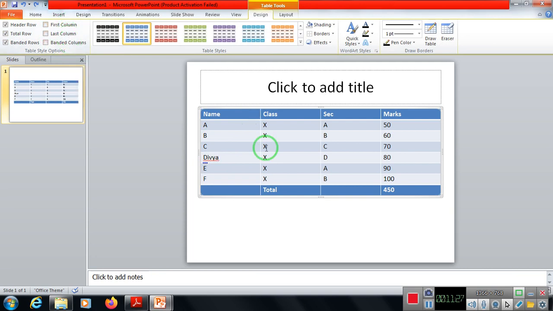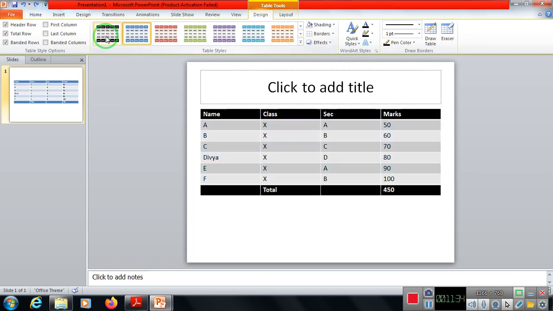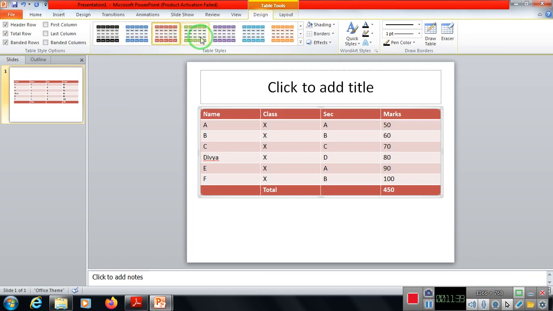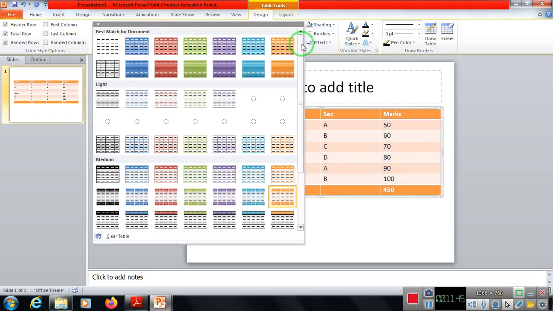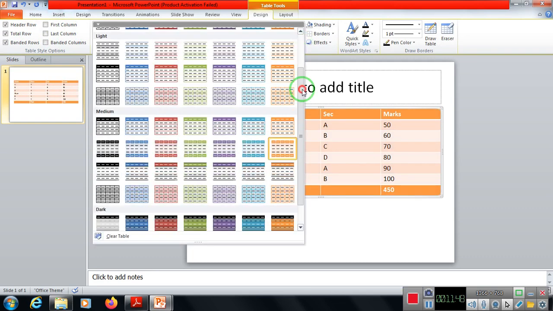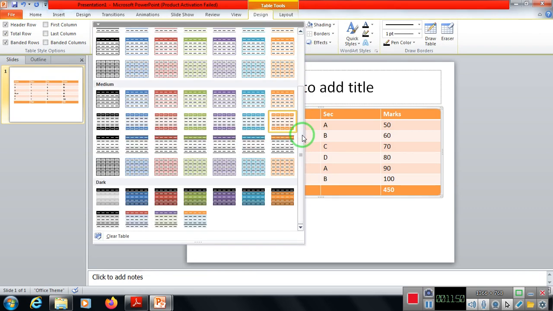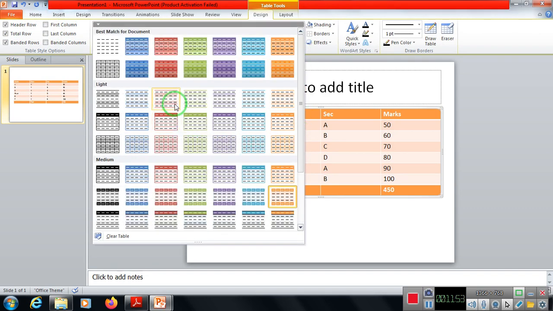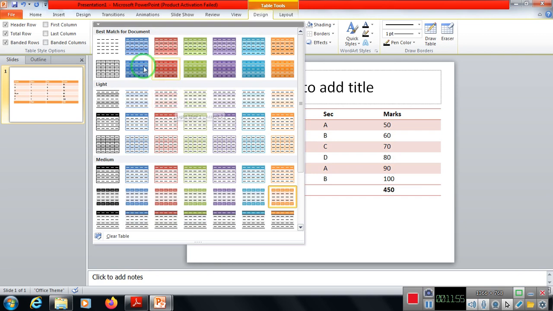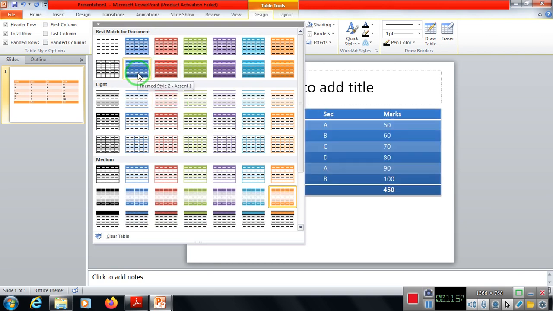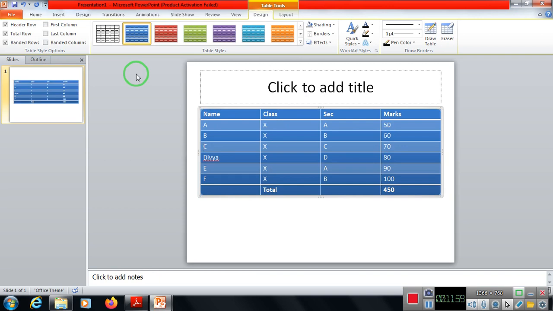Clear this thing? Now next thing, we are having different table styles. If you want to choose any other particular table style, you can choose it. Suppose you require this style, or if you require some other style, we can choose a design or a color as per our requirement. So there are different designs and colors available over here, so we can utilize all these designs and colors from this provided one. Just check it out.